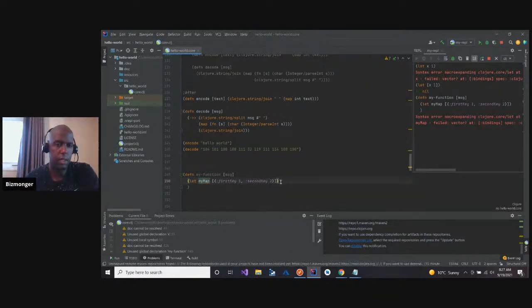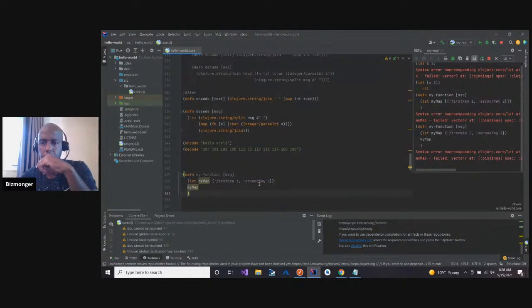I mean, theoretically, the last one should return the map. That shouldn't be needed. It keeps saying vector. I don't know what this means, man. Def function. Yeah, I don't know what it means.